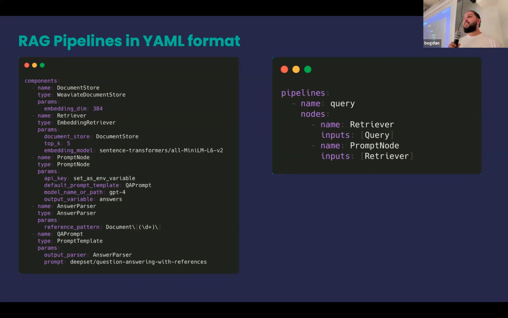Yeah, just a follow-up on the last one. Do you have a threshold for the similarity within the retrieval, or you just always pick the most similar ones? Sorry, I didn't get the first part. I mean, when you do retrieval, do you have a threshold on the similarity?